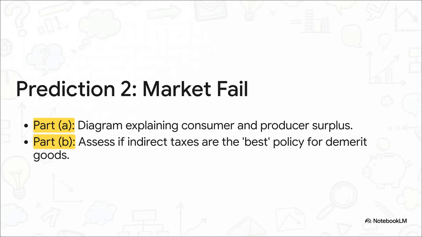And prediction 2? It's all about market failure. Part A could be another skills test asking you to draw a diagram to explain consumer and producer surplus. Then Part B will probably zoom in on demerit goods, asking you to assess if an indirect tax is really the best way to get people to consume less of them. The key word there is best. It's a signal that you need to compare taxes to other policies, like government regulations or maybe even public awareness